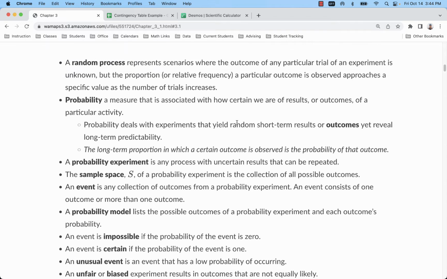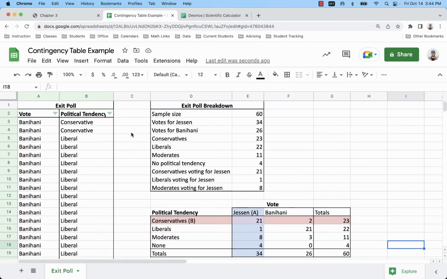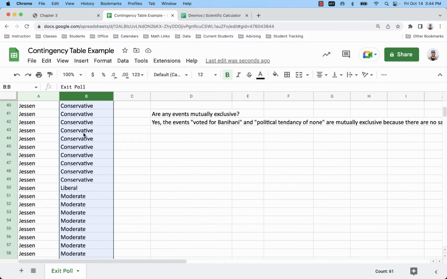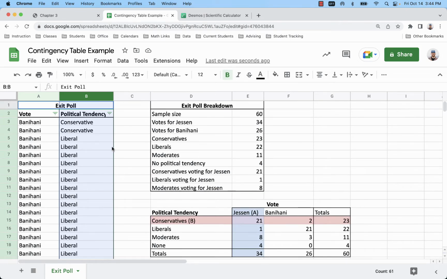So when we have a contingency table, here's an example. We have multiple variables. Specifically, we're focusing in on two variables that are collected from individuals. So this is an exit poll. These are people who have just voted in the election. We've asked them what is their vote and what is their political tendency, either conservative, liberal, some said moderate, and some said none. So it is a hypothetical situation, but it's going to be very helpful to go through these